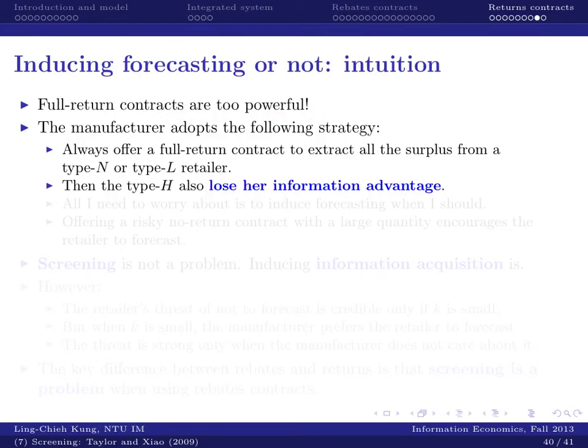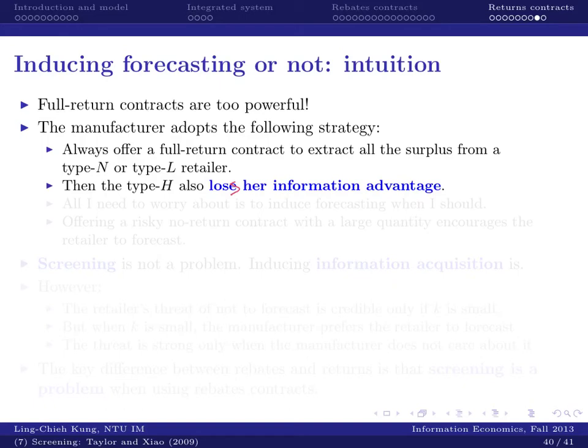Why do we say that? As we mentioned, the manufacturer will always offer a full return contract to extract all the surplus from a type N or type L retailer. Okay? If I want no forecasting for type N, I offer full return. When I want forecasting for type L, I offer full return. And that's how the type H retailer